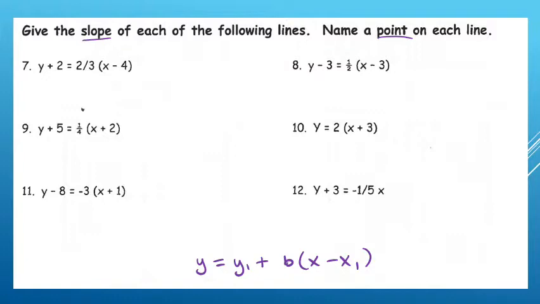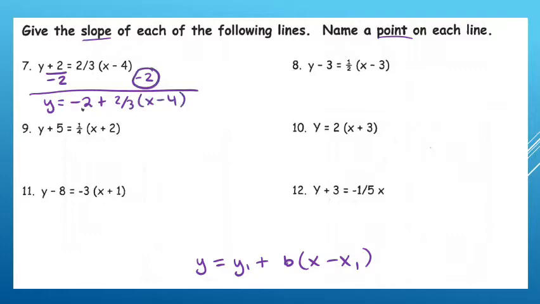So for example, on number 7, I can see here that it's not y equals, it's y plus 2 equals. So I actually need to move that 2. I'm going to subtract 2 from both sides so that I now will have this in point-intercept form. So y equals -2 plus 2/3 times x minus 4. So again, you'll just notice I moved that -2 up to the front